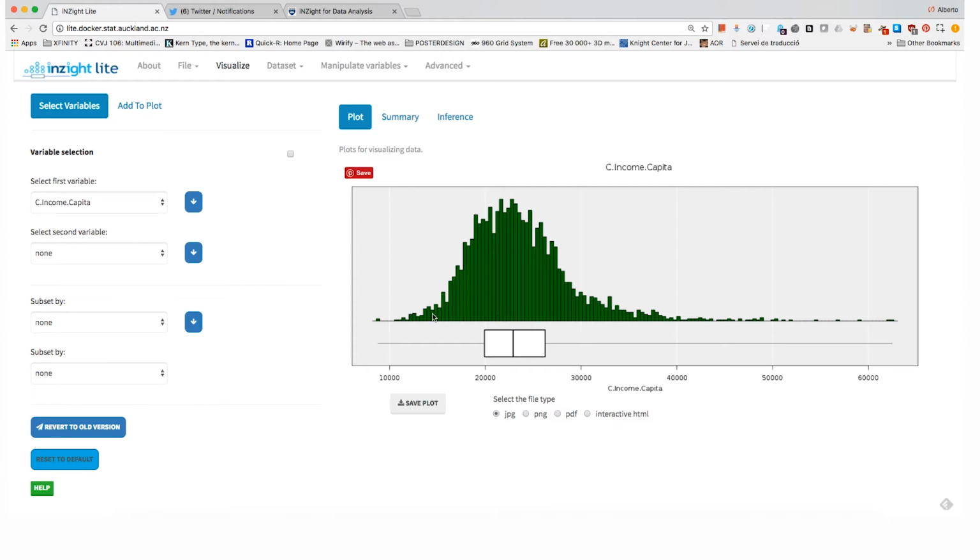So the histogram is a great way of showing the shape of your data, the distribution of your data. Sometimes the shape of your data will be normal or will approximate a normal distribution. This is something that is explained in The Truthful Art. That means that this bell shape will be more or less here in the middle, and then both tails of the distribution will be equally sized. But in this case, the distribution doesn't approximate a normal distribution, right? The distribution is highly skewed.